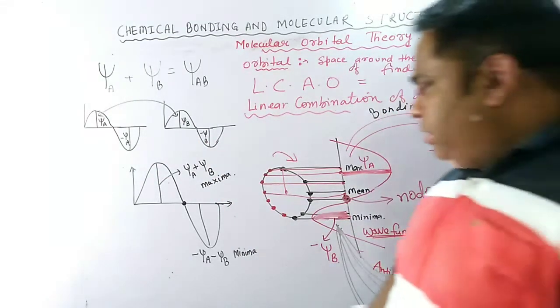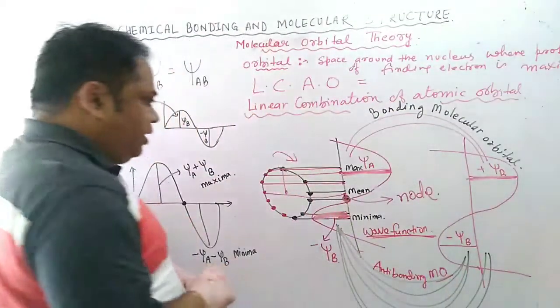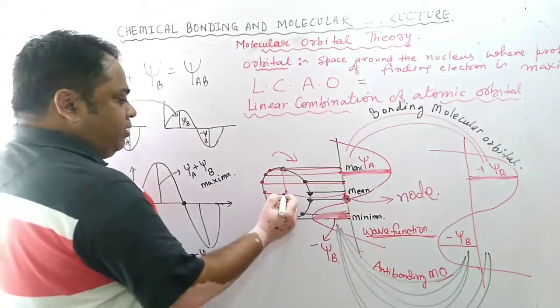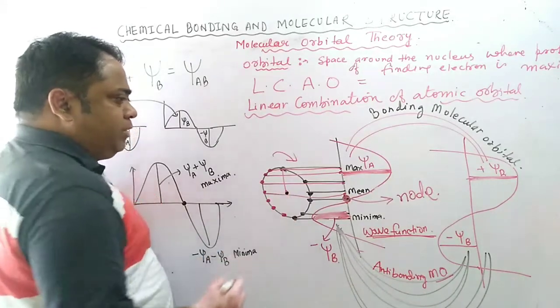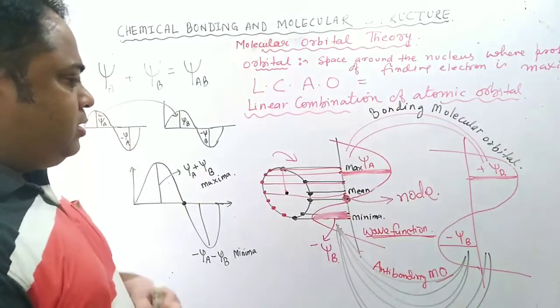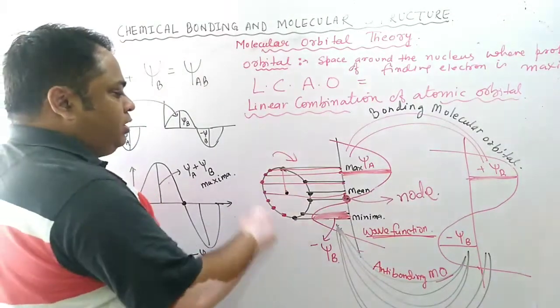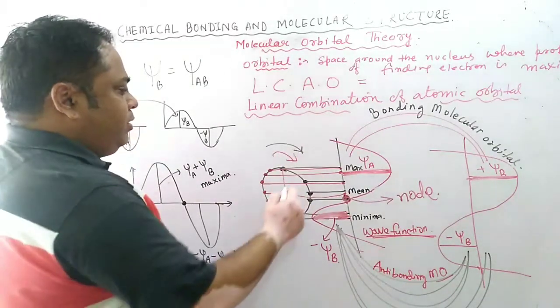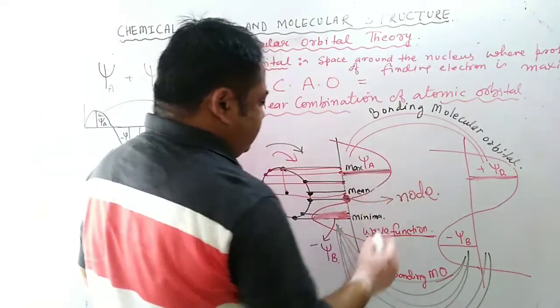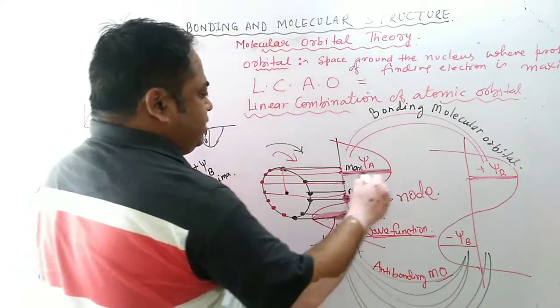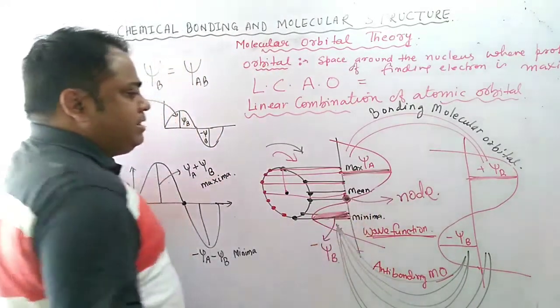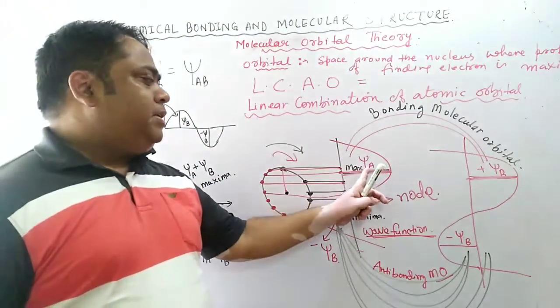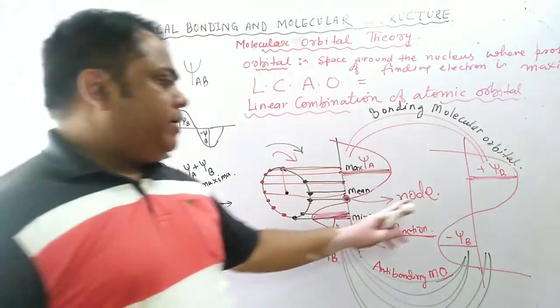Initially, students of class 11th will not be able to understand the Schrodinger wave equation directly. We may ask them to mug up, but that is not good. So here we can make one analogy: when the electron is moving in a circular path, at that time the maxima is this and minima is this, and between maxima and minima, this is the mean. Maxima is shown by this amplitude psi A, and maxima of another atom psi B.